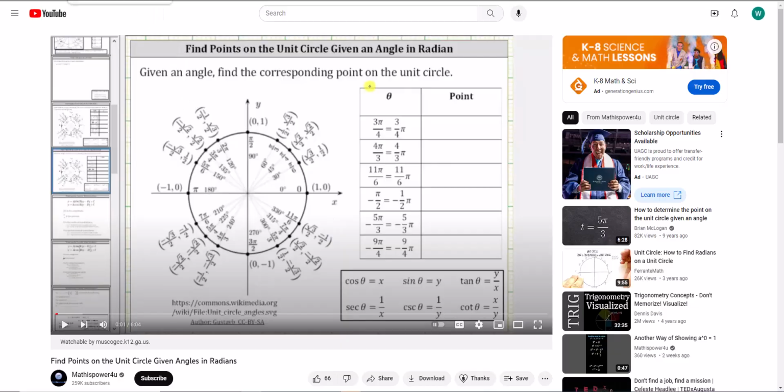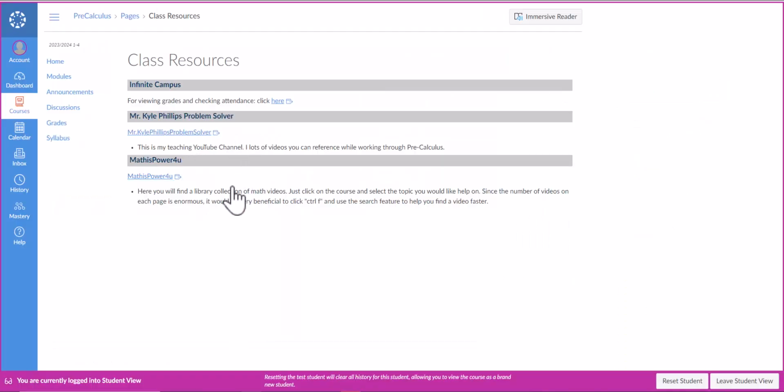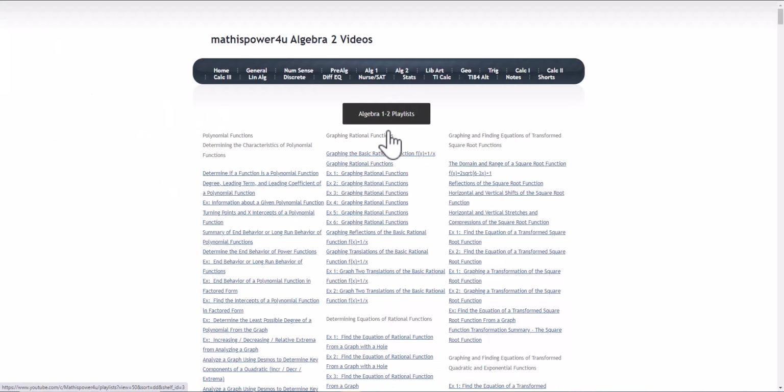So that site, I know you're like, oh my God, that was kind of a lot. It is a lot. The easiest thing to do is when you get to that site, let's say I'm on Algebra 2 and we're talking about piecewise functions. On your Chromebook, hit Control F and that will bring up a little search bar. Oh no, it's cutting it off in this video. Dang it. Well, you see this bottom little part, but it's going to bring up a search bar on your Chromebook, and all you have to do is type in piece.